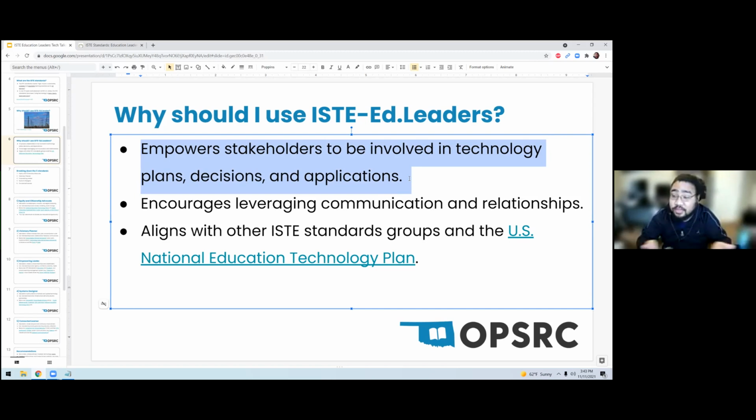You'll see a lot of that in these standards of being a collaborative leader. And it's also being suggested in the National Education Technology Plan, which is another one of my points. I'm jumping ahead here. But the idea is involving everybody in the decision-making process and the planning process and the process of executing the plan as well when it comes to technology. That way,